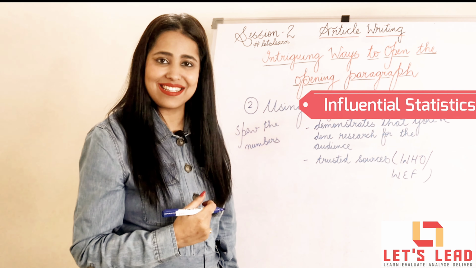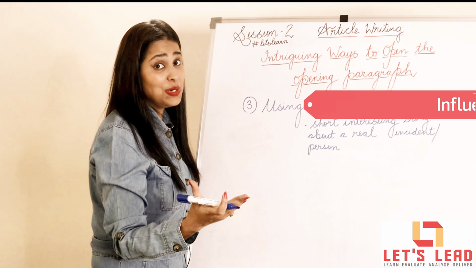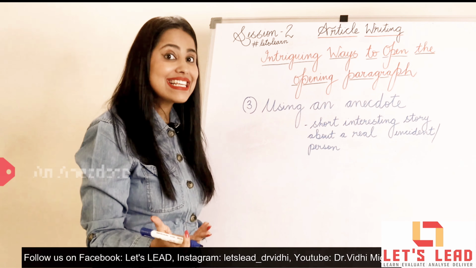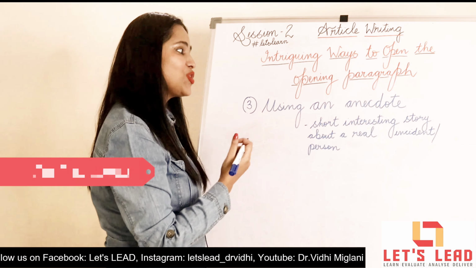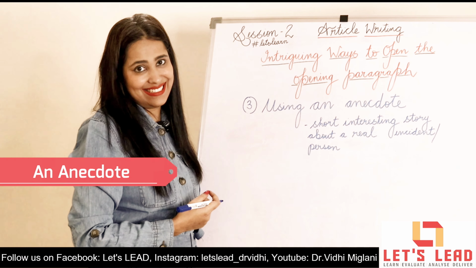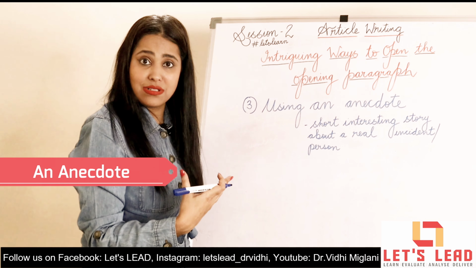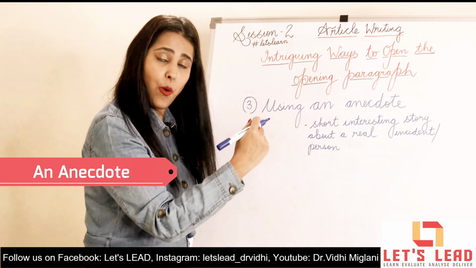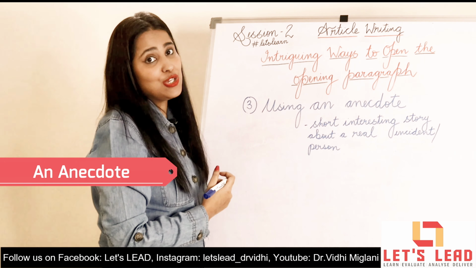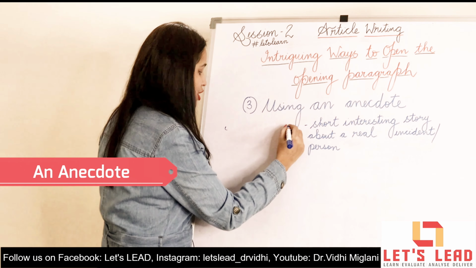So use the statistics, but from the trusted sources. Another good way to start could be using an anecdote. Well, what is an anecdote? It's a short, interesting story about a real incident or a person. Yes, when you narrate a story of a person, keeping your point of article intact, you use an anecdote to commence your article. So in brief, I could use a tagline: story